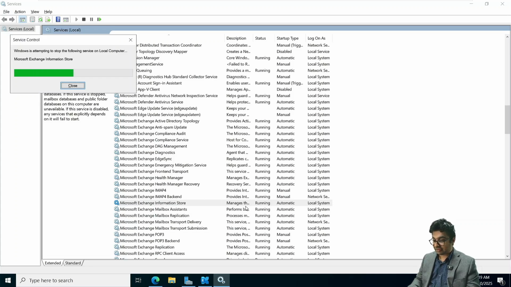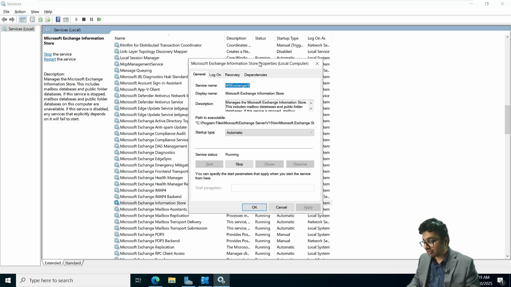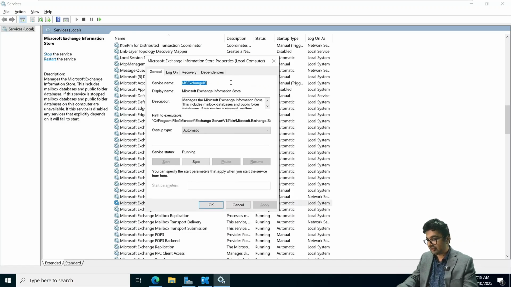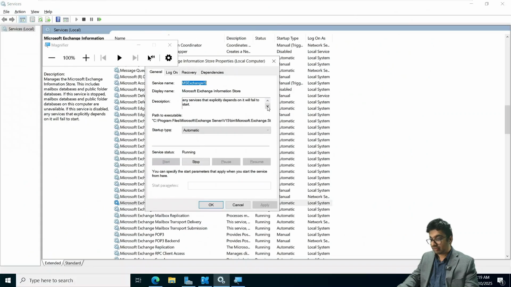Now you can see what exactly the service does as well by looking at the description here. I'll have to wait for this service control to complete, but once it's done, you can see what this service does in specific. Manages the Exchange information store. This includes mailbox databases and public folder databases. If the service is stopped, mailbox databases and public folder databases on this computer are unavailable. If the service is disabled, any services that explicitly depend on it will fail to start. All right, so we just restarted it, and now that this is done,